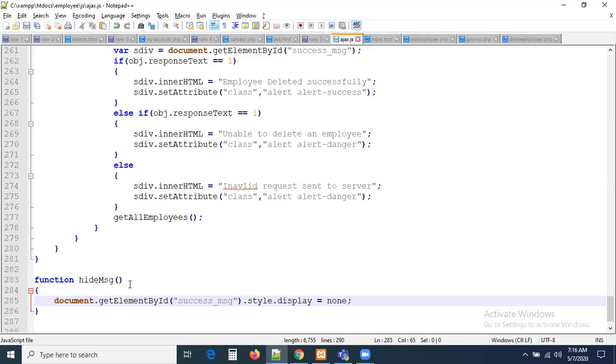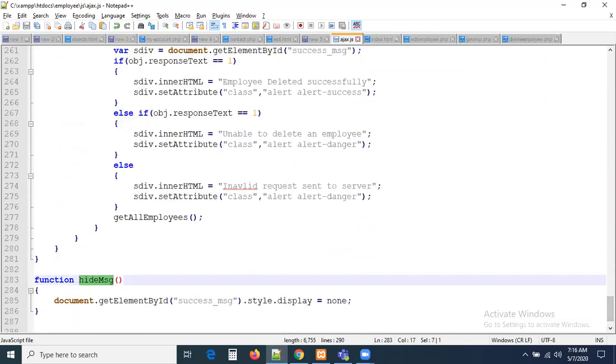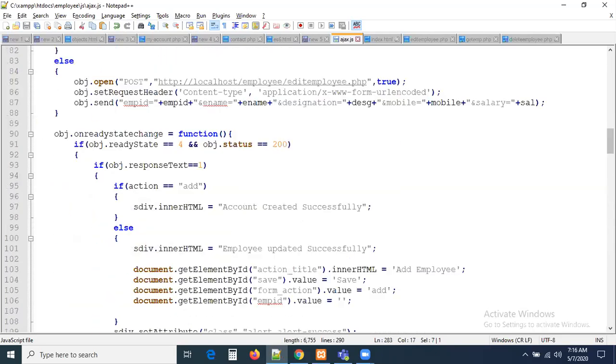But this message should be hidden after 2 seconds, right? After 3 seconds, whatever the action you want, yes, you can. In this situation, what I want to do here is call this function after 2 seconds. Wherever you want, you can go and do it. So now I just want to come to the add function.